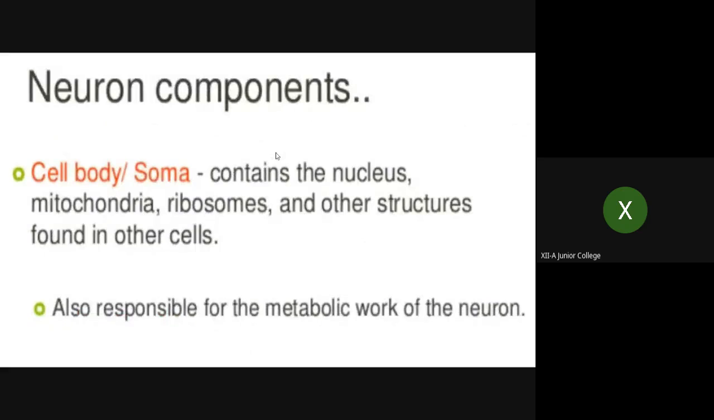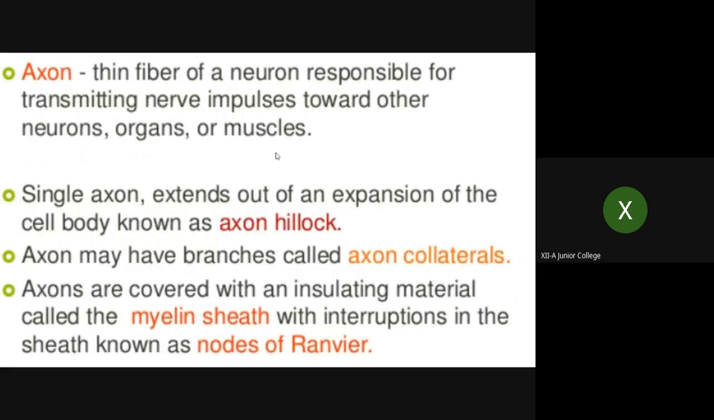Now the next is what? Cell body, as I showed you just now, contains the nucleus, mitochondria, ribosomes, and other structures found in other cells. Also responsible for the metabolic work of the neuron. Different types of metabolic activities are performed with the help of different organelles present in the cyton, that is the cell body. Now, about the axon, that is a thin fiber of a neuron responsible for transmitting nerve impulses towards other